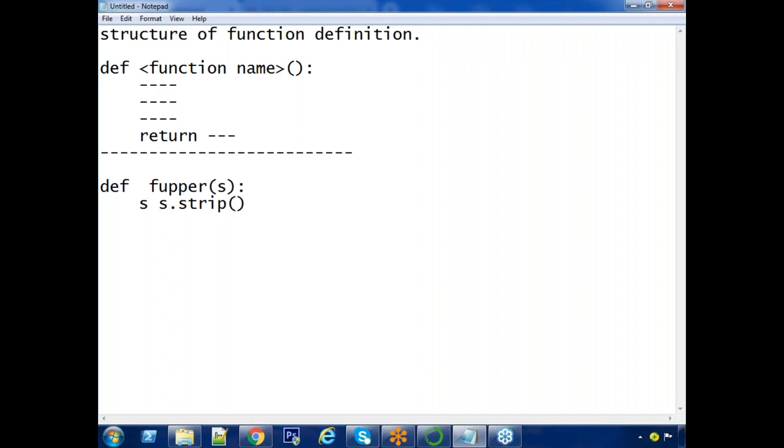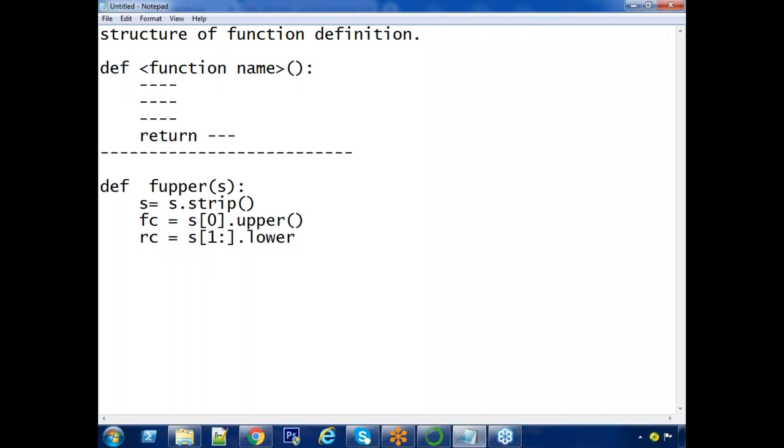This is your initial string. First statement: now I am taking the first character. The first character fc equals s of 0, converting that into uppercase, just upper of. Remaining characters I want, rc, equals s of 1 colon. I am not giving any end index, till the last it will take.